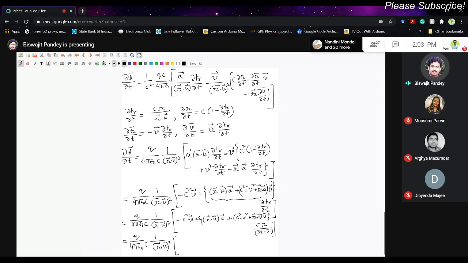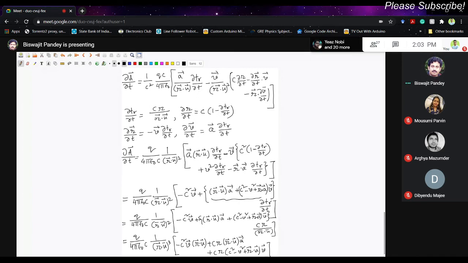So then I have to multiply r dot u with c square v. So let us do that. Minus of c square times v times r dot u. Then I have to write down all the other terms, simply cr multiplied by all that. So that is simple, cr multiplied by r dot u times a plus cr, and then we have c square minus v square plus r dot a times v, right?